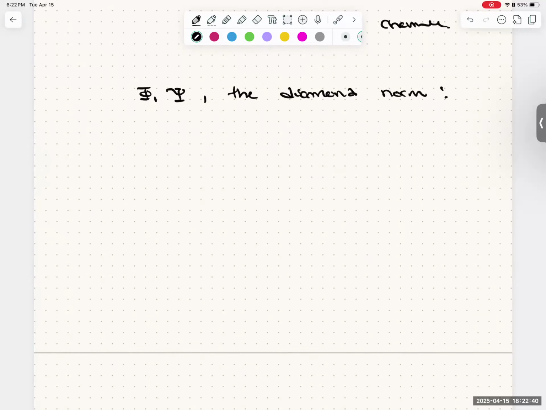But I will just write down the definition of this quantity, which is going to be precisely the max